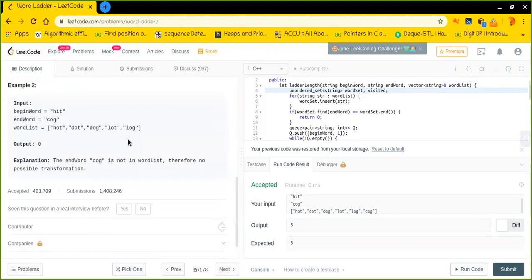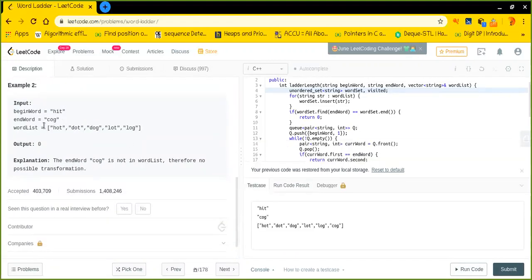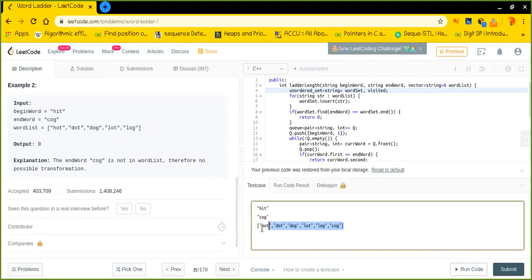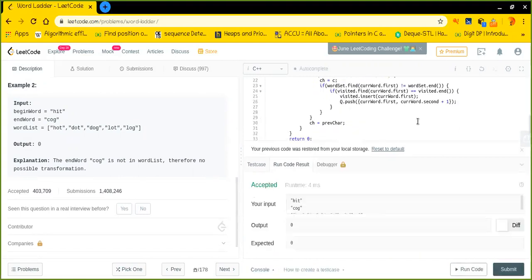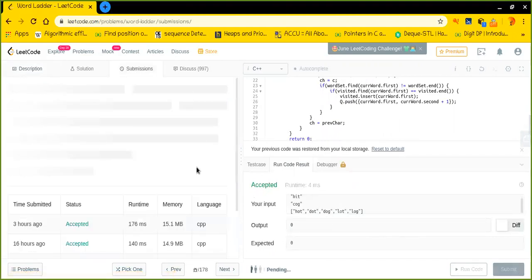Now let's check for some other case as well. Let's say this particular case. All right. So now it is also accepted. Now just submit it to see whether it is actually working or not.